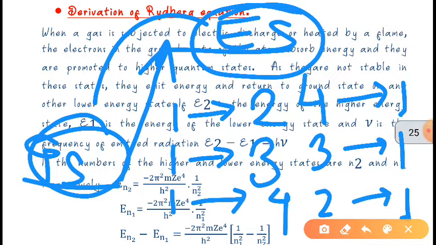Why are we seeing that spectral lines of different series are observed? The emission spectrum of hydrogen is due to the emission of energy as photons of different wavelengths. We can see the spectral lines because when the electron jumps to a lower state, it releases energy, and that energy has a different wavelength. Because of that, when the excited hydrogen atom comes back to a lower energy level, we can see the spectral lines of different series.